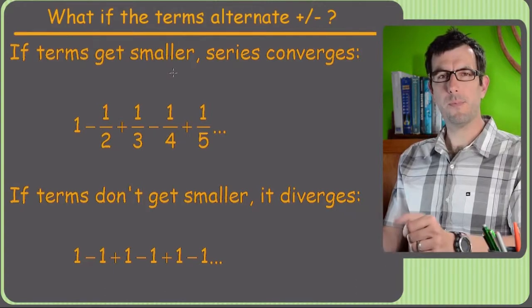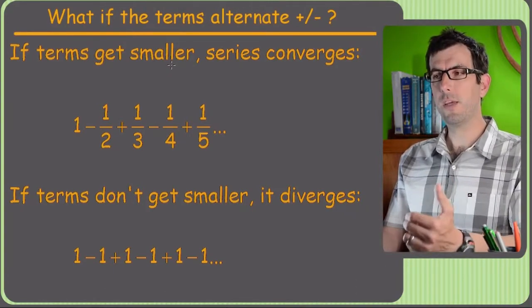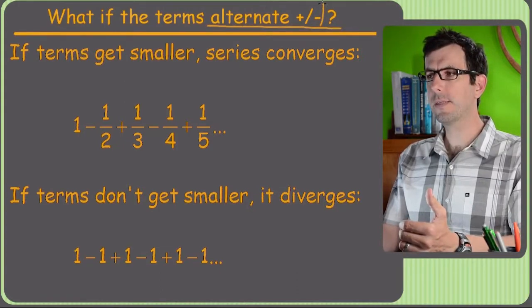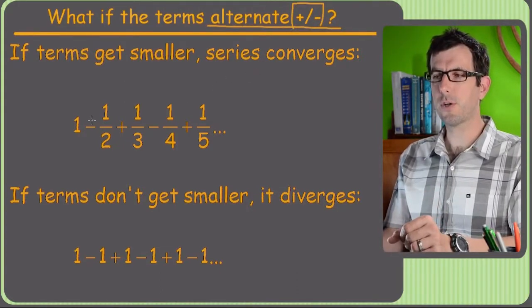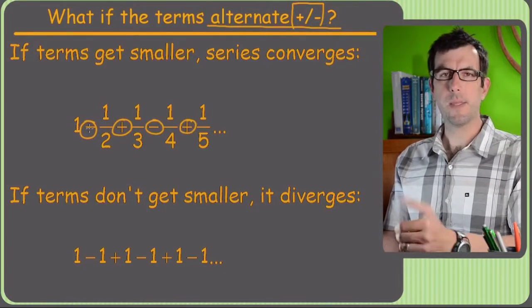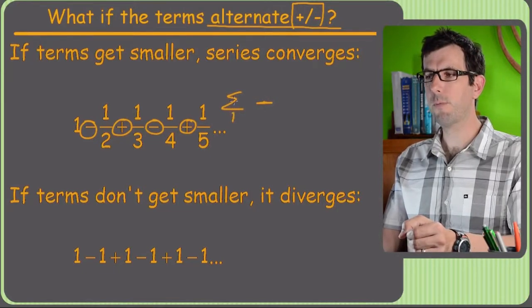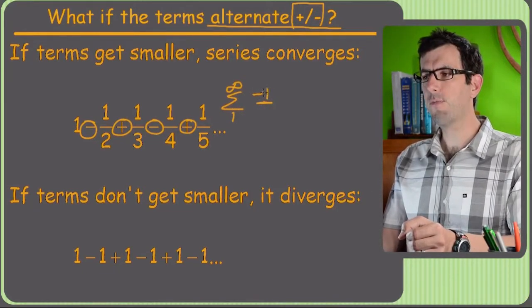All right, there's something else I want to bring your attention to. A video late in this chapter is going to be alternating series. They're called alternating because they switch from plus to minus with each term. So here you can see we're going minus, plus, minus, plus. Kind of silly. The way you get that in your formula, it's the sum from 1 to infinity of negative 1 to the n